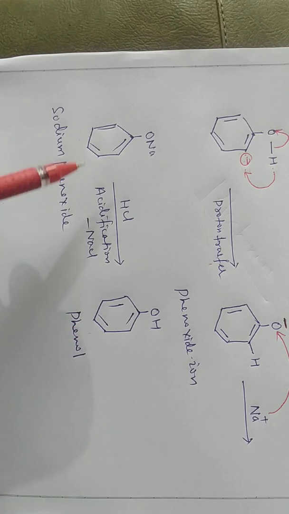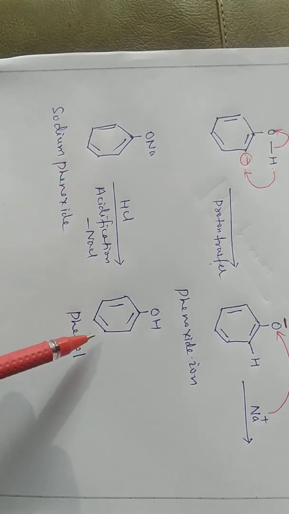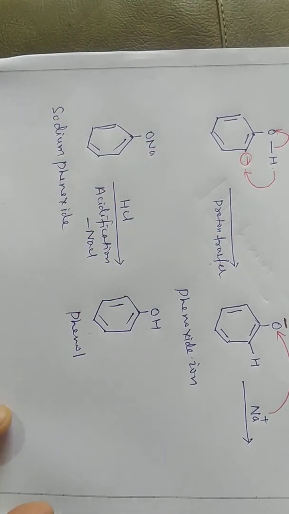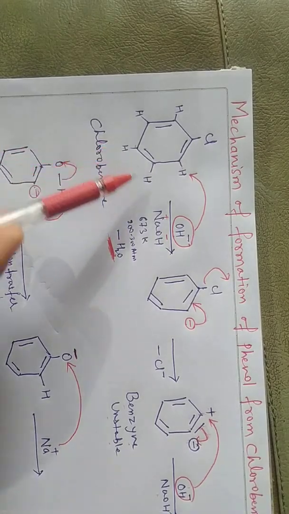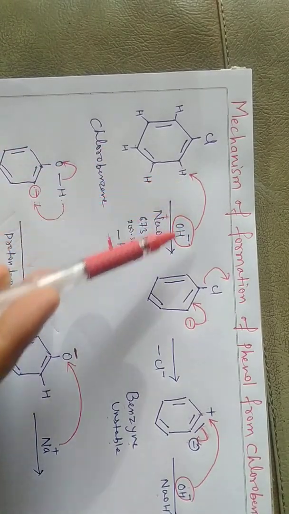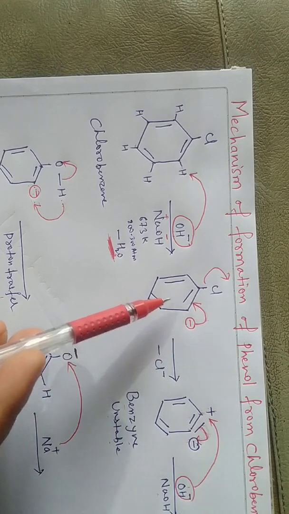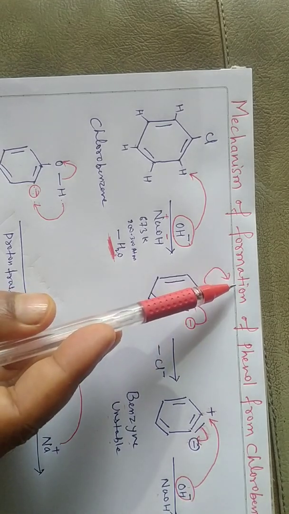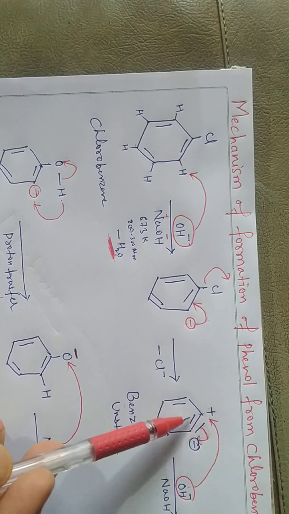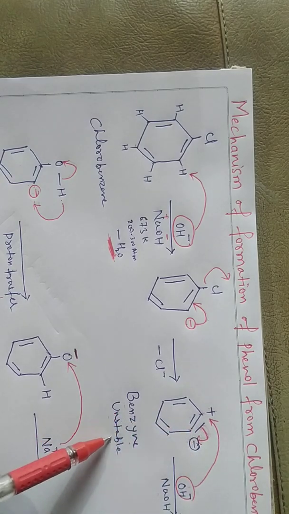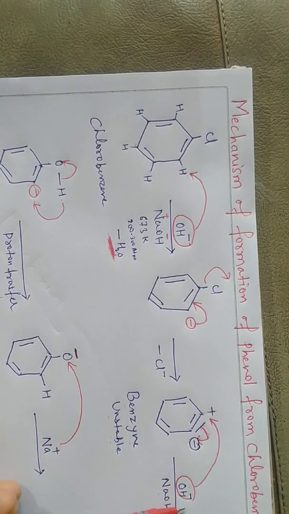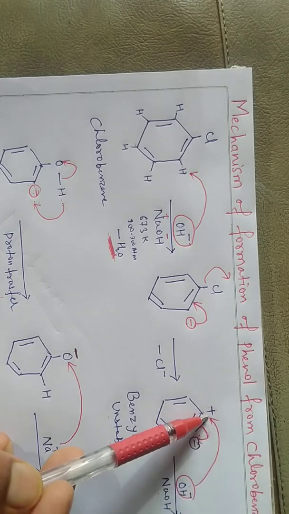So you have seen that from chlorobenzene to phenol I have shown the whole mechanism. Repeating once more, you can see that here chlorobenzene reacts with OH minus, so here negative charge is developed, and as soon as the Cl leaves this position, there will be a triple bond in benzene at this position, and the formation of the unstable benzyne molecule, and another molecule of OH minus will attack this position.